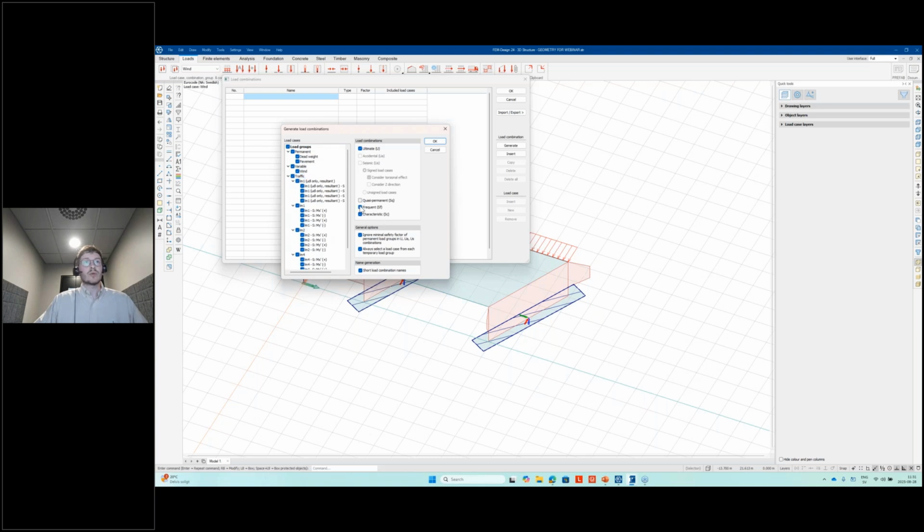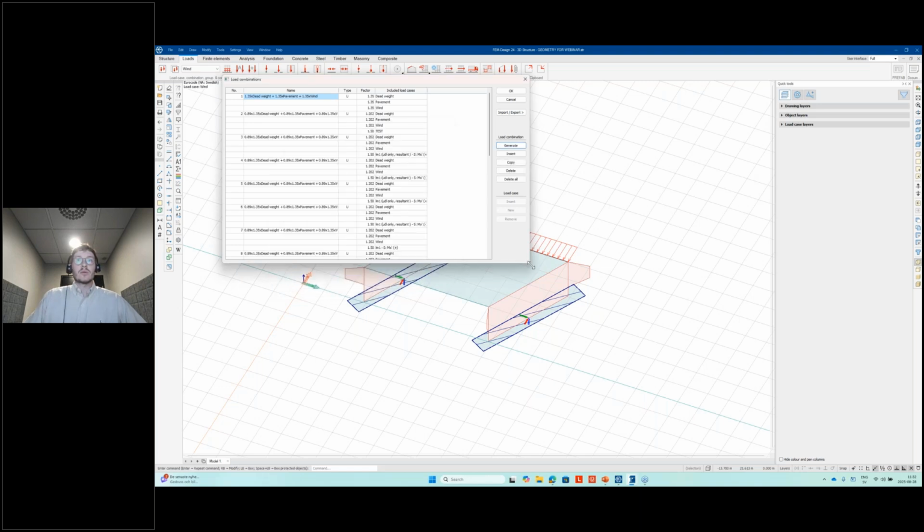We're not really interested in these. We're just looking at ultimate limit state. And another good tip here is to actually uncheck this box, because it means that for every combination you create, you get a line of text that will show you exactly which loads and which combination factors are used in that combination. So then you can easily see that you have the right factors. So I click OK, and then we